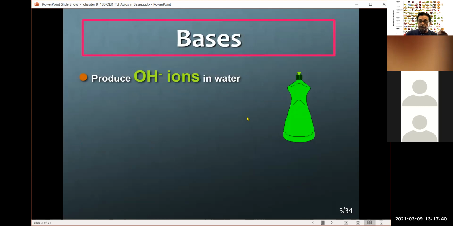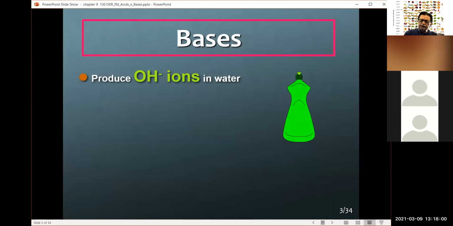Now, remember this polyatomic ion, OH negative? The hydroxide. The hydroxide definition of a base is any chemical that, when put into an aqueous solution,